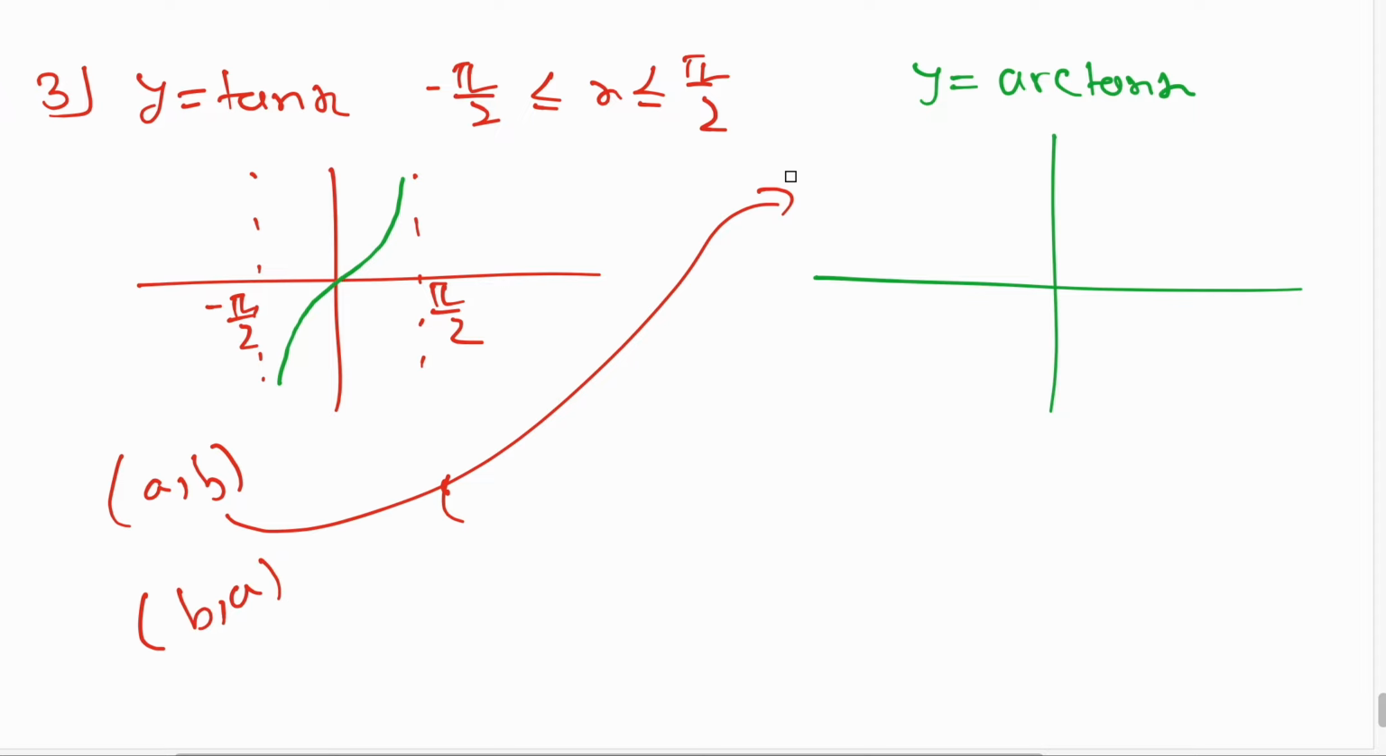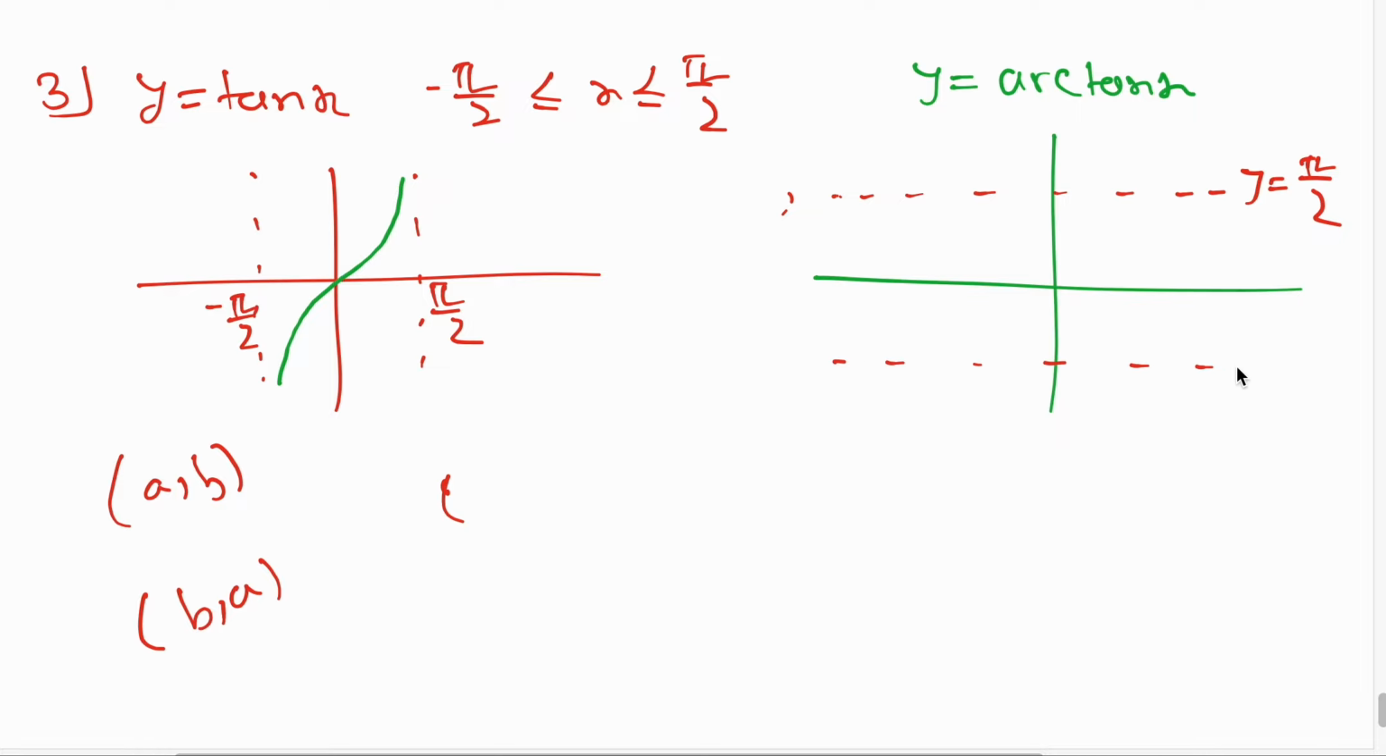So similarly, the x asymptote will become the y asymptote. That means x equal to pi by 2 and x equal to minus pi by 2 will become the y equal to pi by 2 asymptote and the y equal to minus pi by 2 asymptote. The shape of the curve would be like this. Okay,